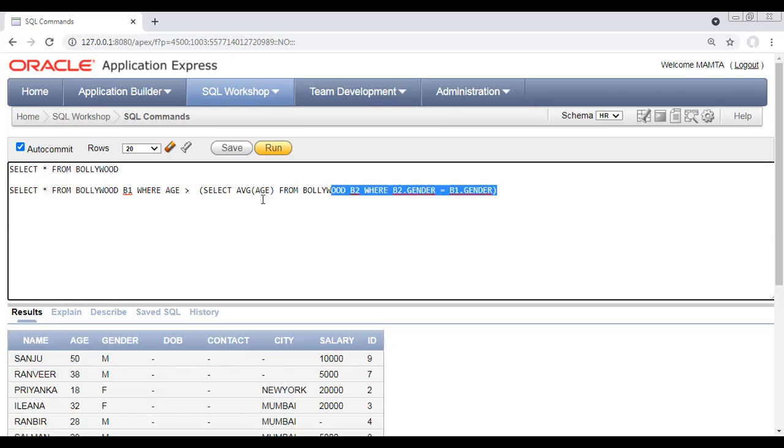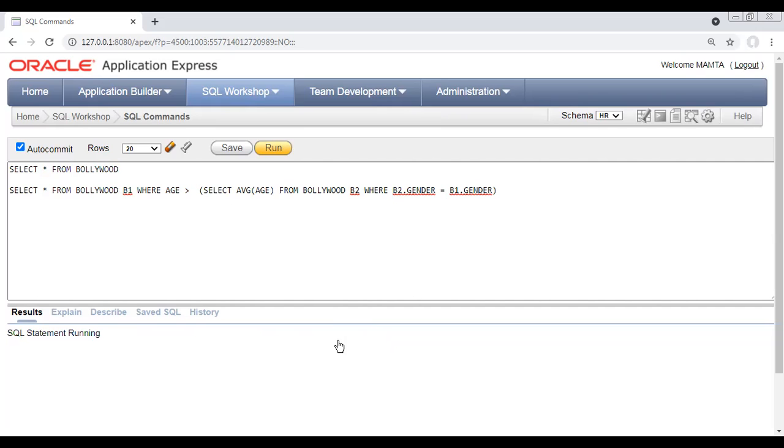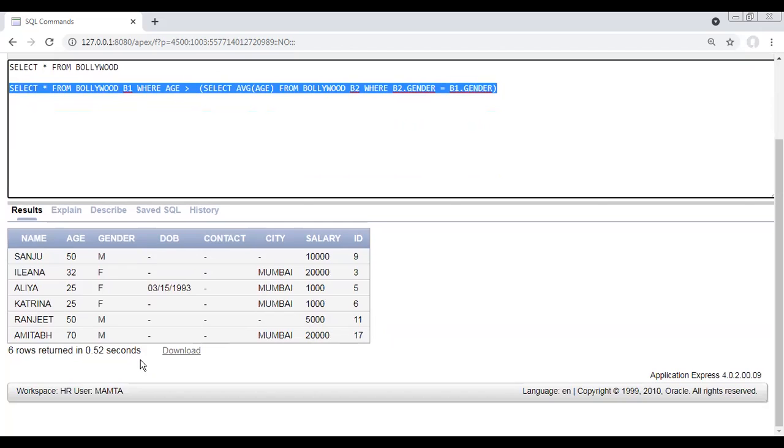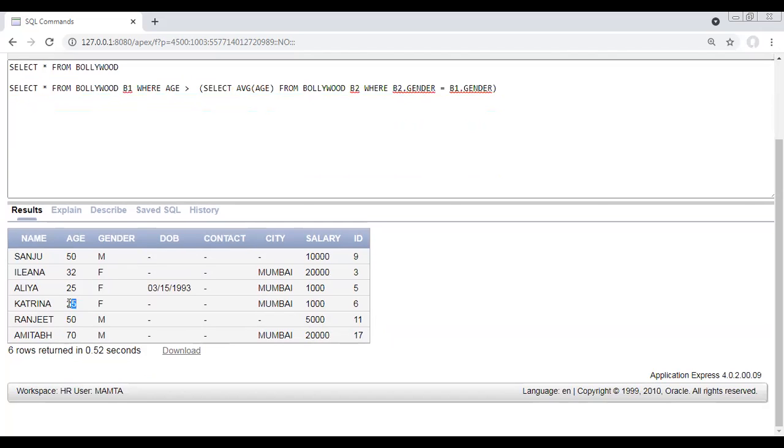Now let's say I execute this, we got a result. We got 25 also because she is a female. But in the male, you will see